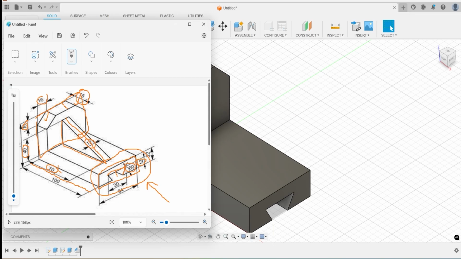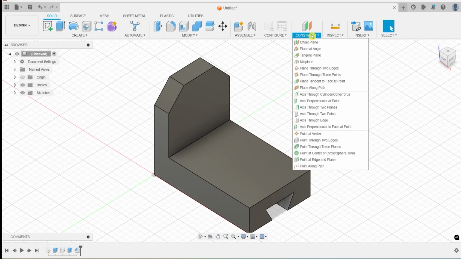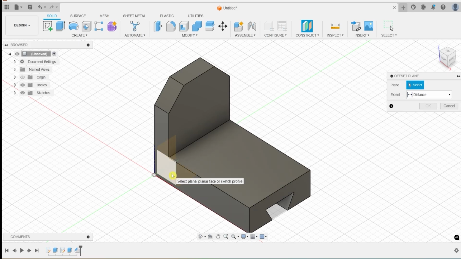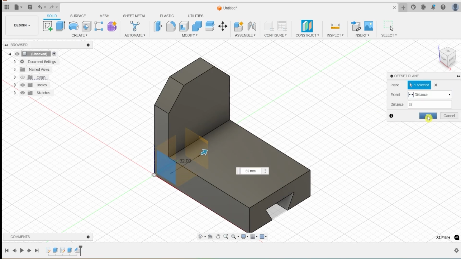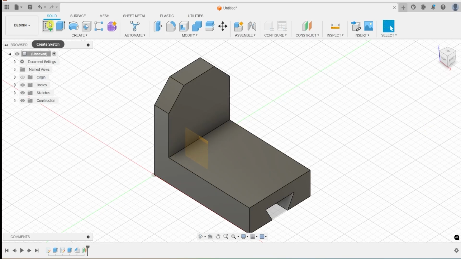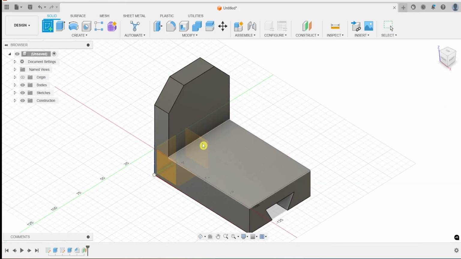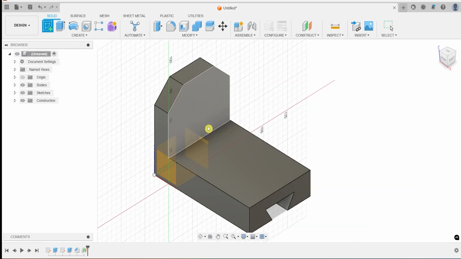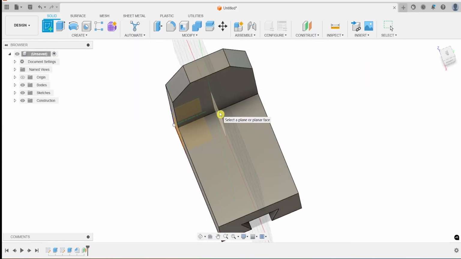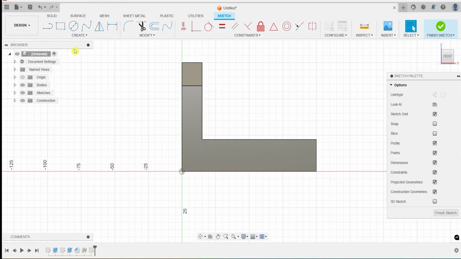Okay, for this rib, I am going to insert one reference plane. Click on construct tab, offset plane, distance 32. Click on OK. Now select create sketch. Select this reference plane, the middle one. Create the profile like this. Give all dimensions